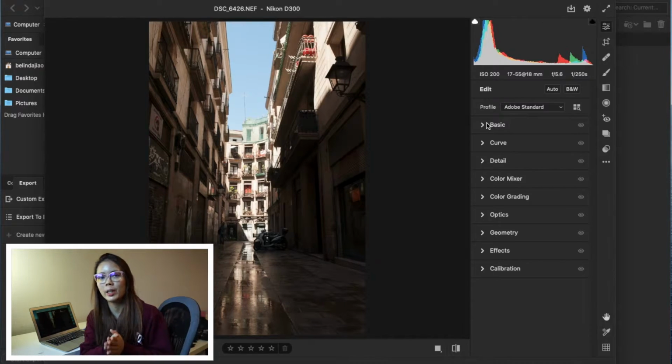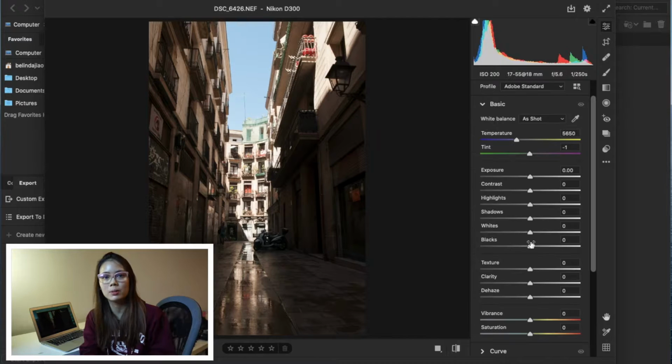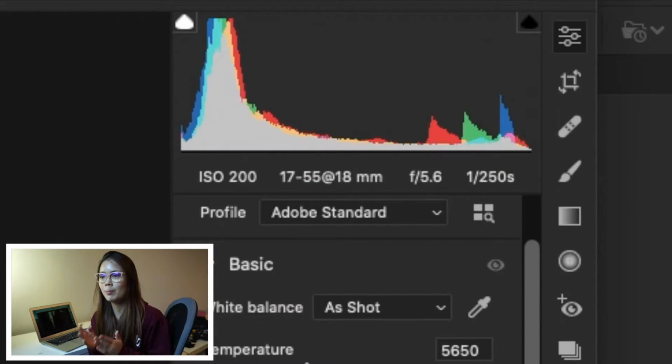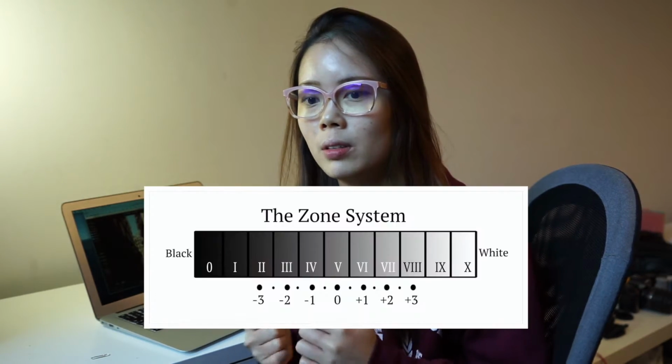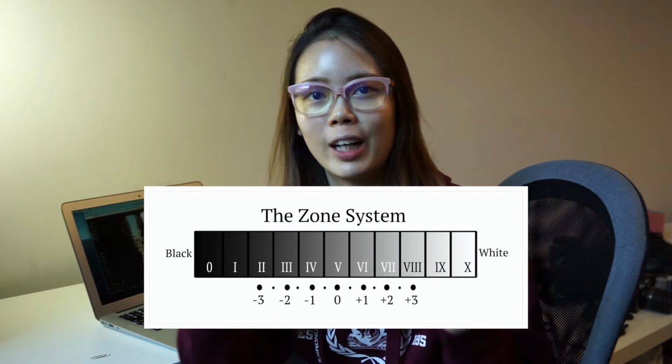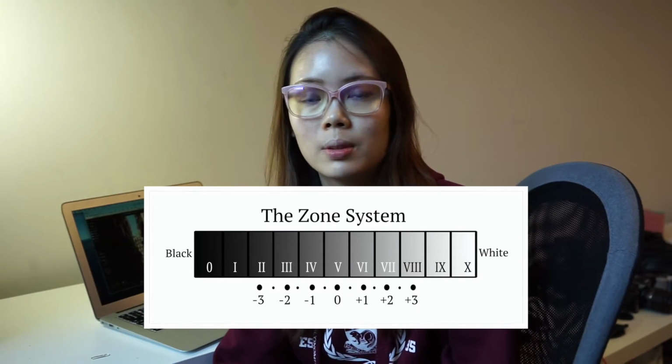Most of the time when we're editing a photo, especially when it comes to exposure, what we're really doing is on an overall level. At least that's what I do. I make sure that on the histogram there are always absolute blacks and always absolute whites. So I make sure that there is a tiny bit of clipping, not too much, but I always want my photo to span through the entire range of zones because I think that looks the most natural to the human